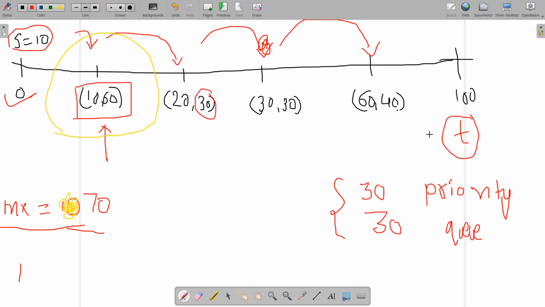Okay, now here comes this 60. Now it says that you can reach this station only if you have the coordinate at least 60, and my maximum reachable is 70. Yes, I can reach that. So let's move further to the target one. Now I'm checking if I can reach the target or not. Note that my priority queue becomes updated with the value of 40. So it becomes 40 comes up.